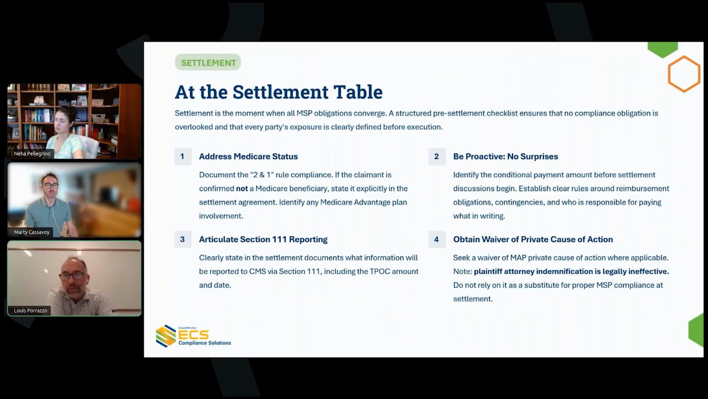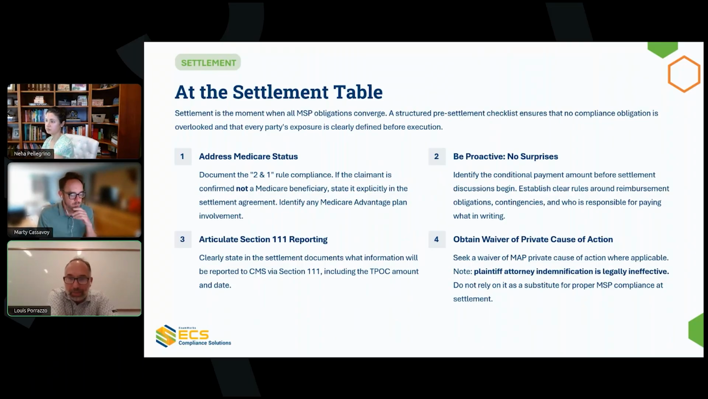Number two, be proactive. There shouldn't be any surprises at the time of settlement. Identify conditional payments before you settle. Medicare in liability has a one-time only collection effort, so it's important to get that amount as early as you can. Work with the other side. If you're on the RRE side and you're working with a plaintiff's attorney, ask for a copy of the letter. Ask if they've filed a dispute of that letter if it came out. Ask them if they want you to do that,